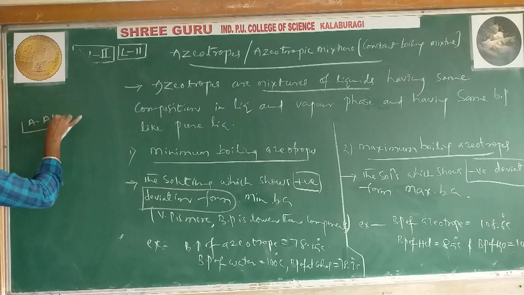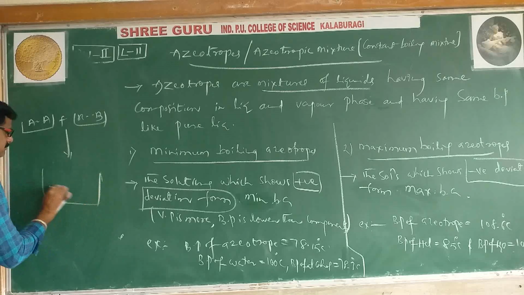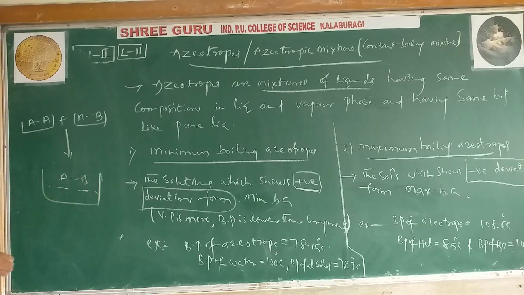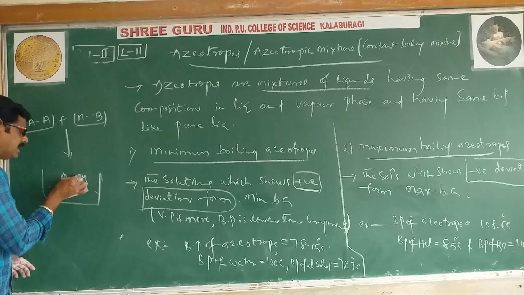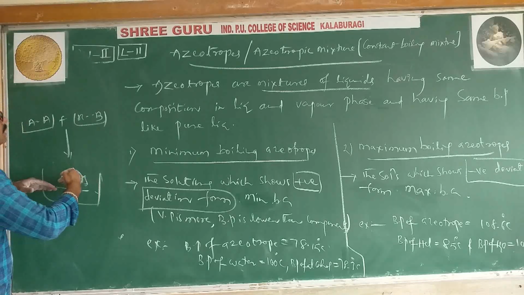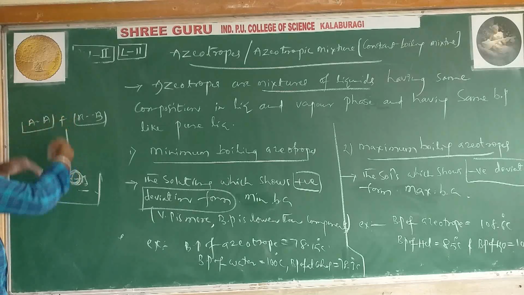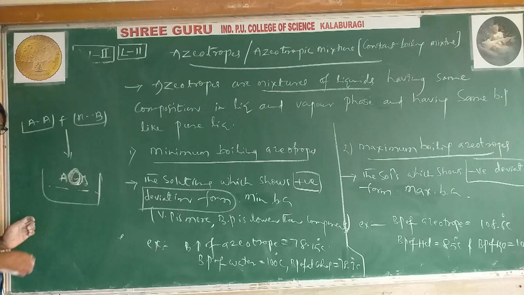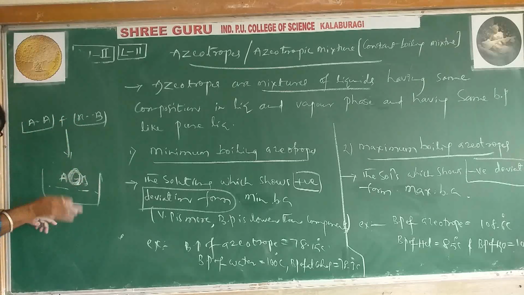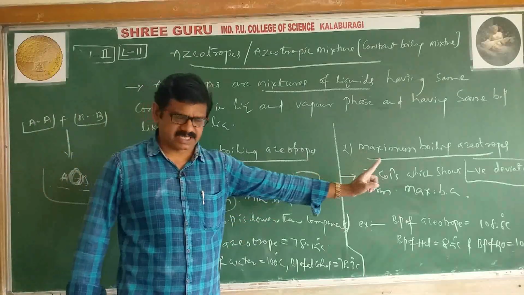See here once again. A pure component and B pure component are mixed, it is a mixture, AB. We'll recall again the negative deviation. In negative deviation, what happened? Between A and B, strong attraction forces are there. Because of the strong attraction forces, vaporization is less. Automatically, vapor pressure is also less, meaning converting into vapors is less. That is what we write here: earlier vapor pressure was more, here vapor pressure is less.